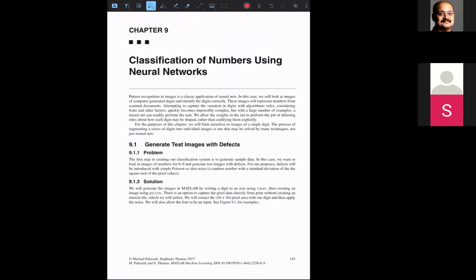Now the next example is number classification using neural network. And please understand, we actually looked at a similar example like handwriting detection. And the reason I want to emphasize this code is I know some of you are trying to do the optional project. If you use this code, that will save you tons and tons of work. So basically you can use the code in chapter 9 and solve the handwriting classification problem, the handwriting optional project.